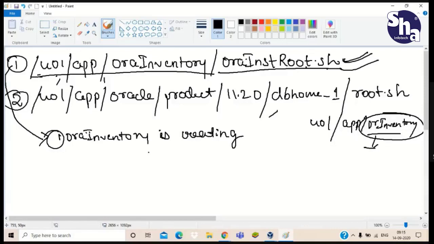Now root.sh. You can see there is a second step, and this is a very important script. If you do not run this script, then your database will not be able to run. So our second point is why we run root.sh.